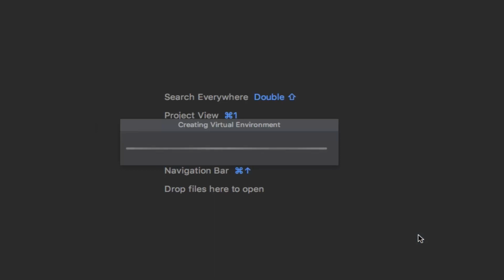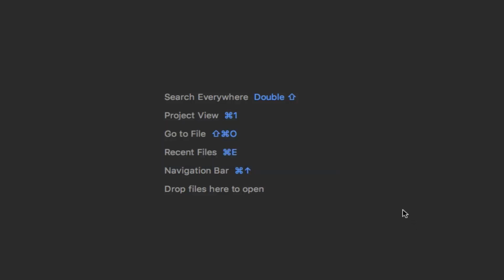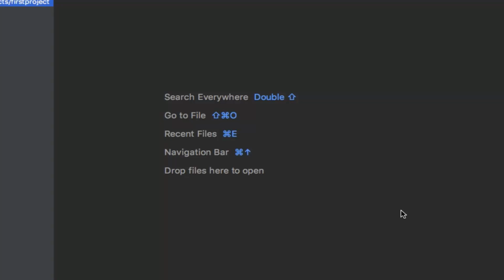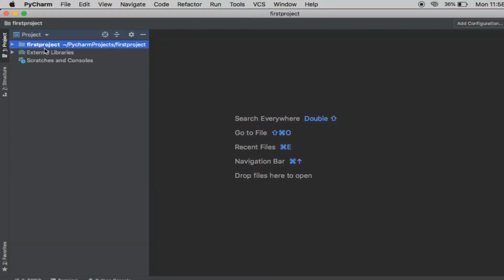It will load all the necessary components and create a virtual environment here. It will link all the libraries. It will take just a few seconds. We are almost there. See, the first project is created here on the left side of the panel. You can always minimize it when you are coding.